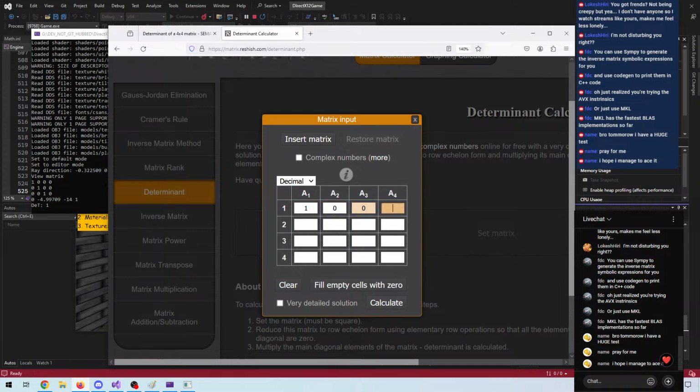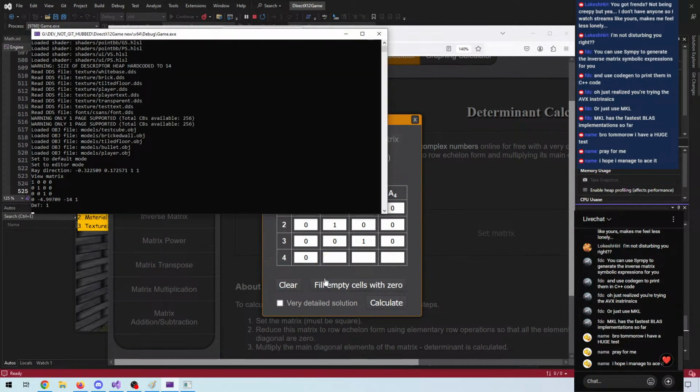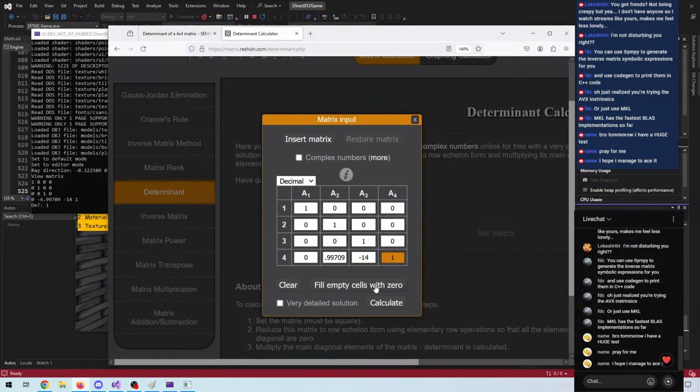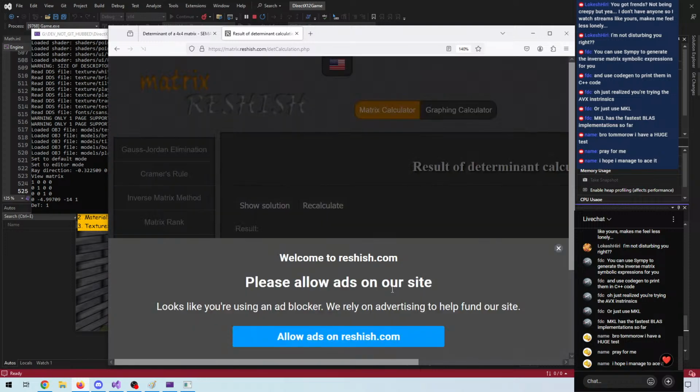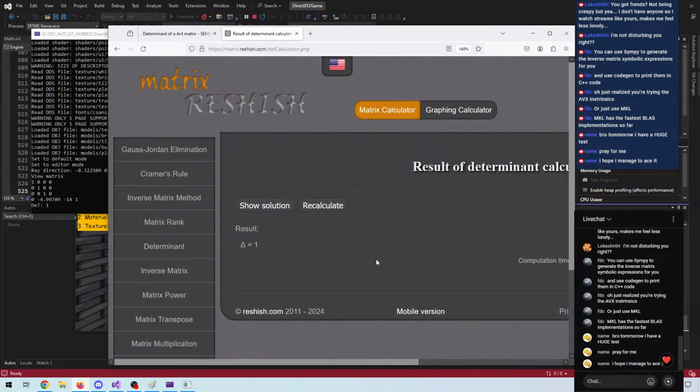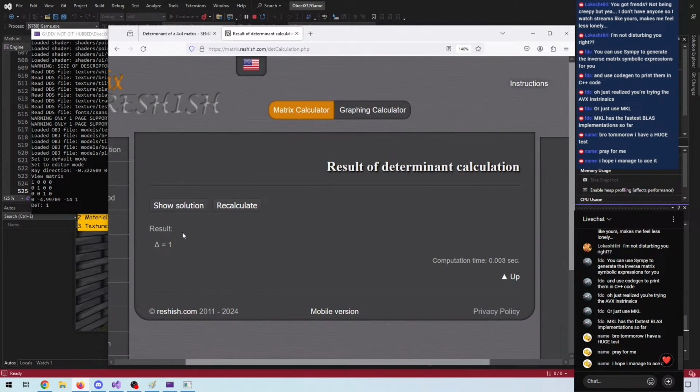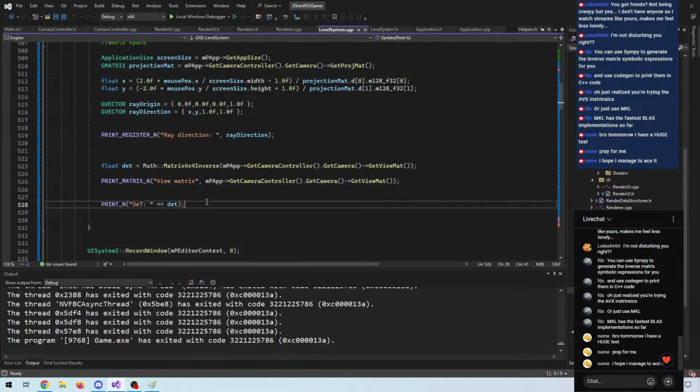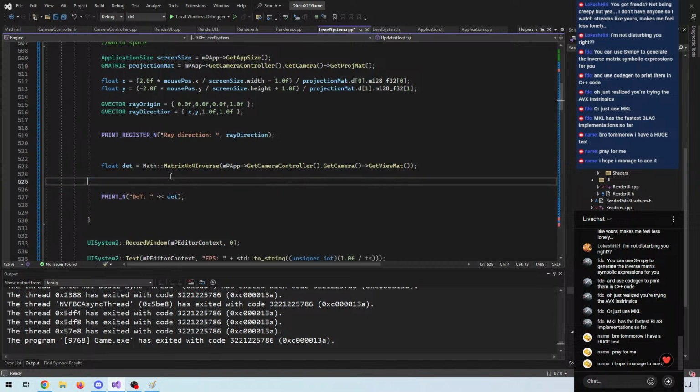We enter 1, 0. And we pass in that minus 14 and then 1. Well, the determinant is 1. So our calculator seems to be correct, which is great, at least from this singular test. Meaning that we can